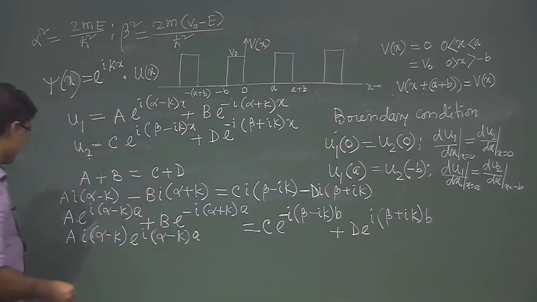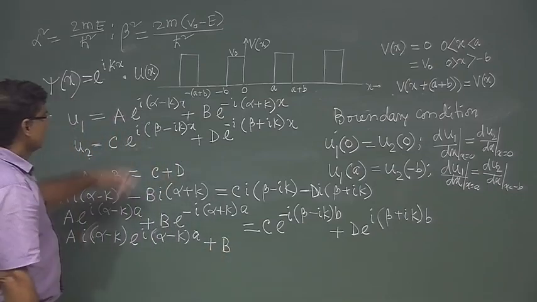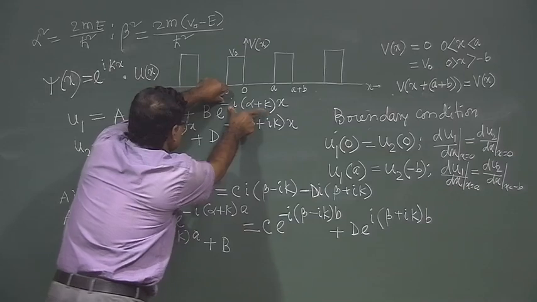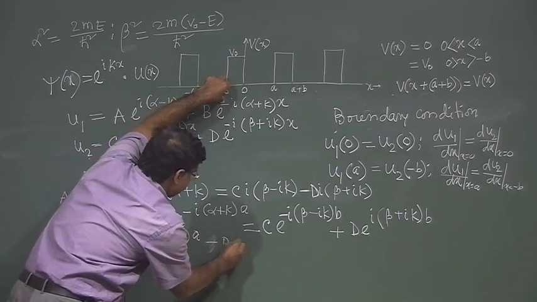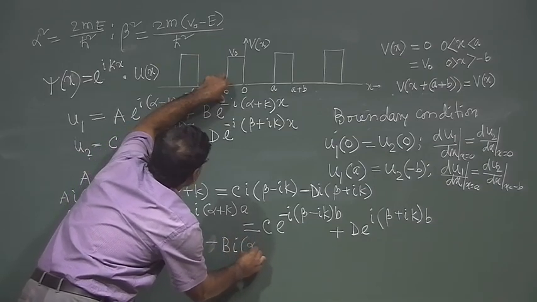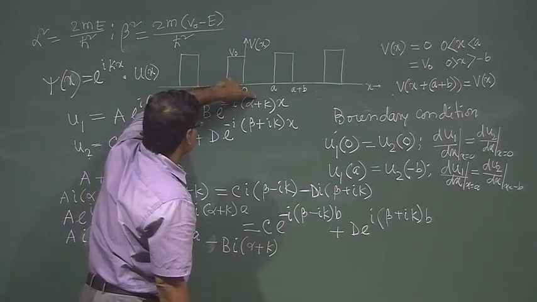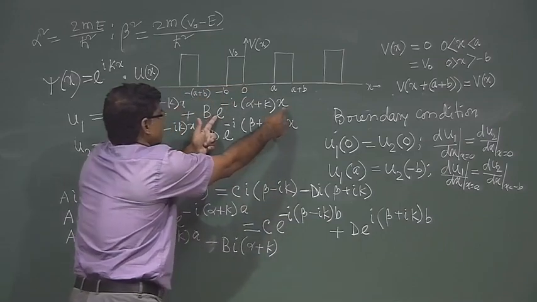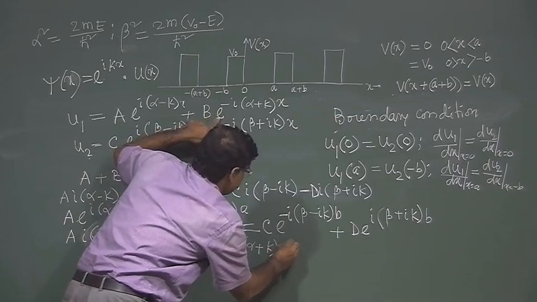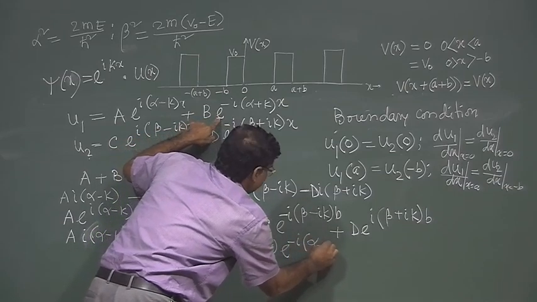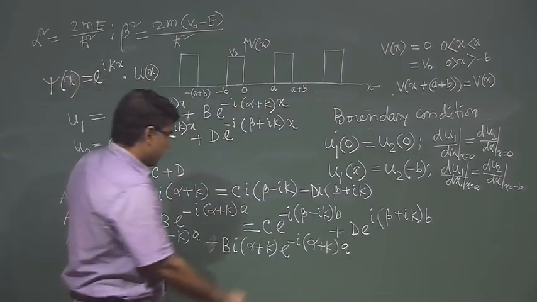So, this is one term plus b. When we differentiate, this part will come, so it will be minus b i(alpha plus k), okay. Then this term will be there, I have to put a, so e to the power minus i(alpha plus k)a, right,